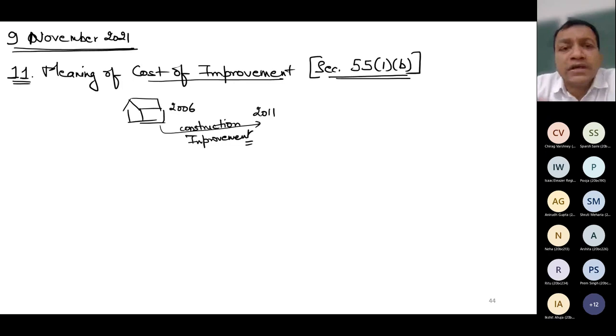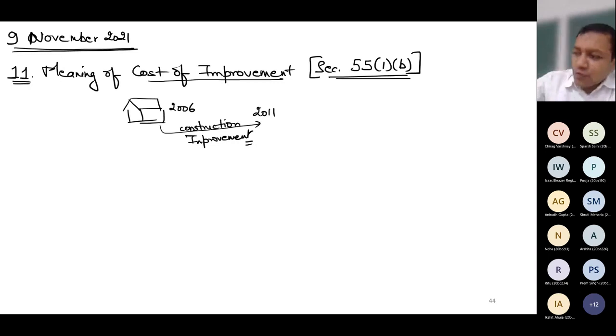In so many cases, you don't need to incur cost of improvement, like in shares. You never improve shares. So improvement will not be available in all the capital assets. You have to see what type of asset this is. In jewelry, there can be some improvement. I have modified jewelry, for example. In a house, there can be an improvement, but in shares, debentures, in these securities, you cannot improve these. Either you purchase it or you sell it. So you have to decide whether in such type of asset there will be an improvement or not. Mostly in case of properties, or immovable property, you can have cost of improvement.